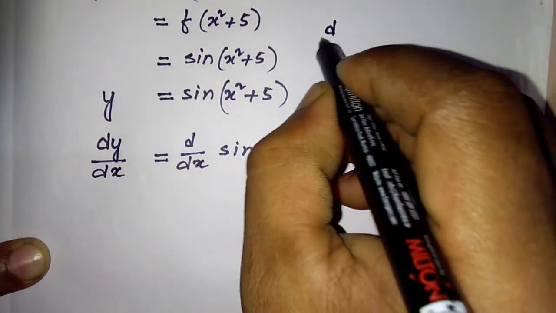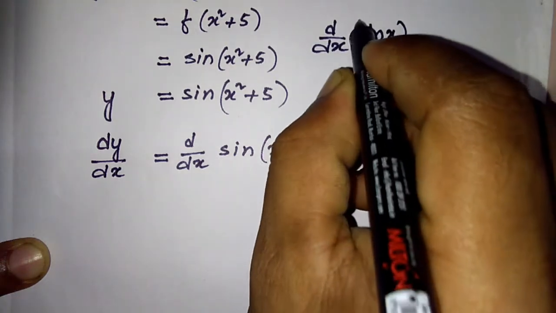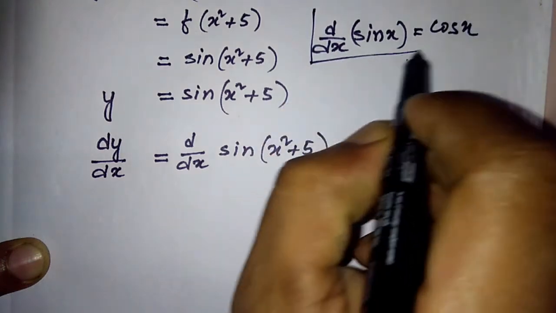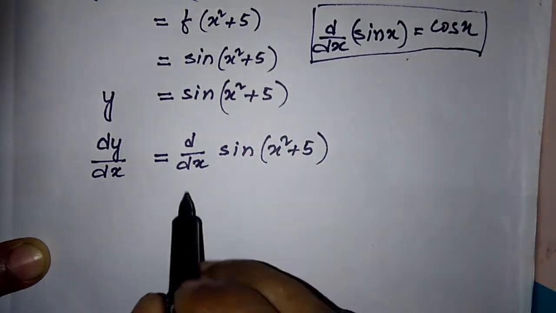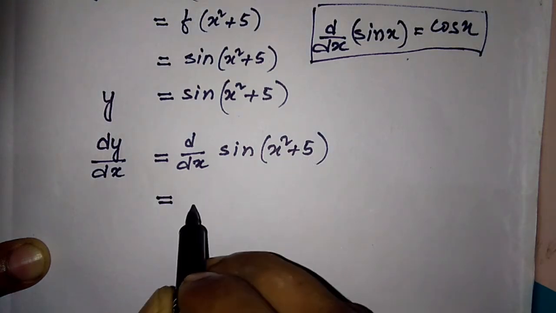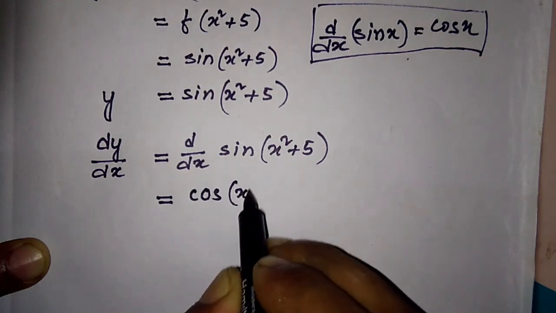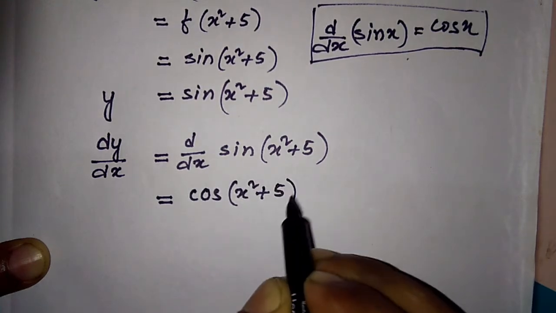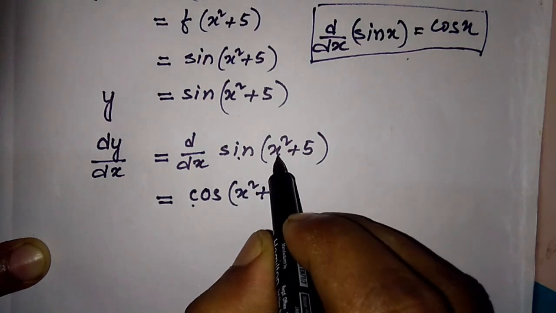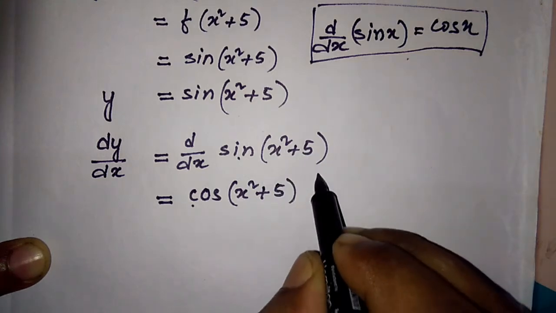We know the derivative of sin x with respect to x is cos x. So similarly, for sin(x square plus 5), its derivative, first we write cos(x square plus 5). Derivative of sin x is cos x, but here in place of x we have x square plus 5, so we have